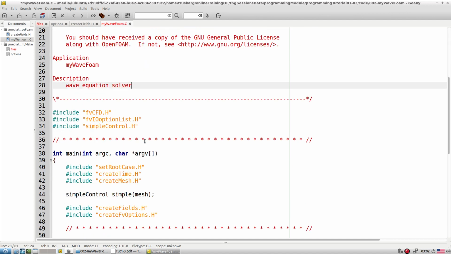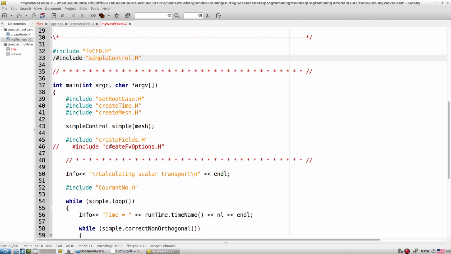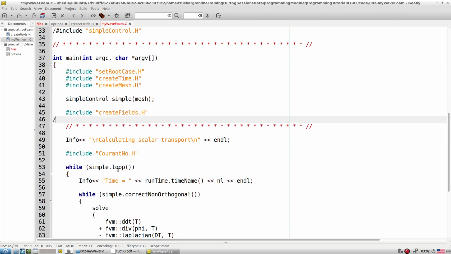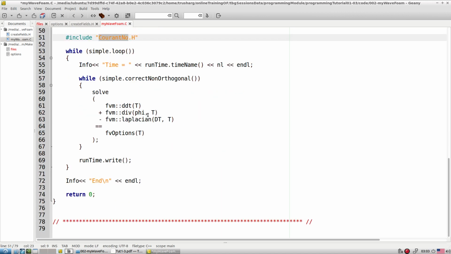Now we don't require these options, so I'm switching them off. Similarly, we don't require this fvOptions, so if you want, you can delete it or comment it out. For the calculation of the scalar transport, in this case we say wave equation. The Courant number is required because now we have a temporal derivative.